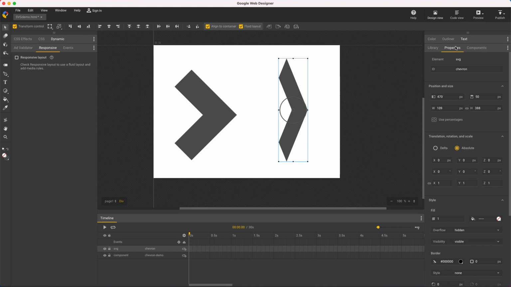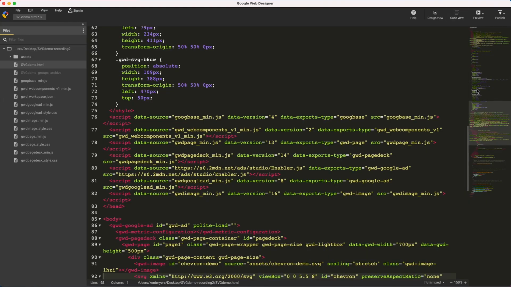When you inline SVGs, the code is written directly into the document, and the thing I like about that is that now you can change it. Simple things like scaling and color, for example, or more complex like directly animating SVG elements in Code View. With the element selected, I'll switch to Code View and see the SVG tag highlighted.